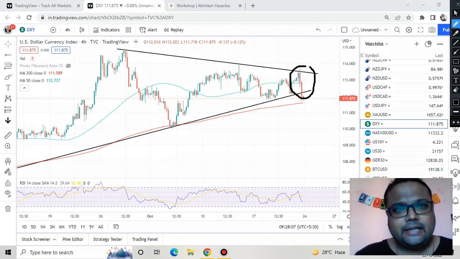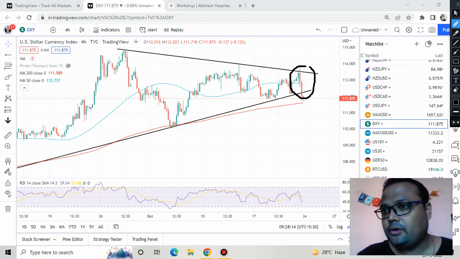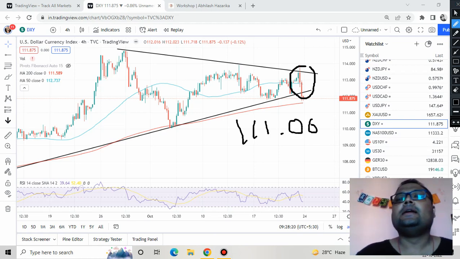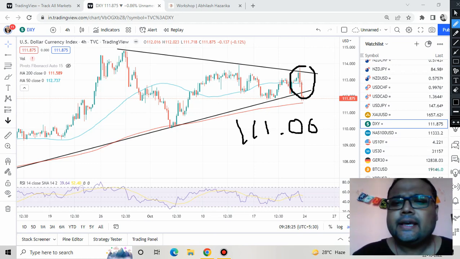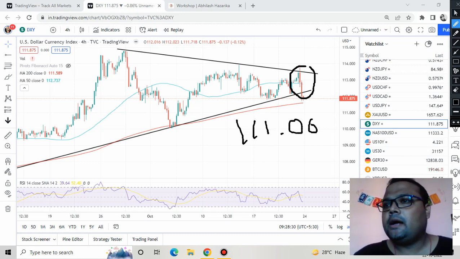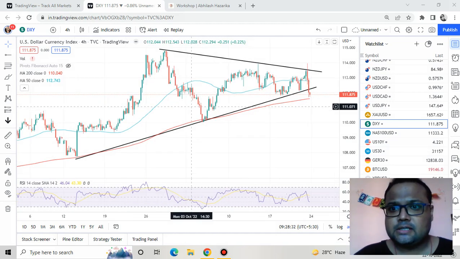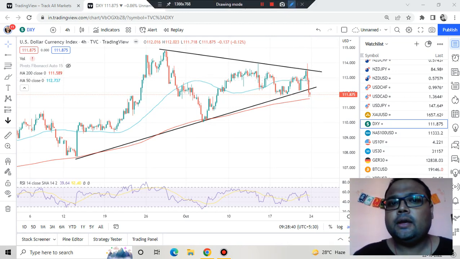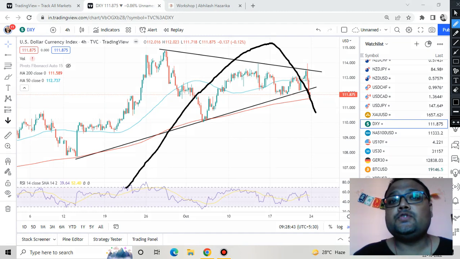But still DXY has not shown any trend reversal signs yet. This is just a part of the correction. If DXY breaks 111 level, then we can think that there may be some trend reversal on the chart of DXY. But as long as DXY is maintaining its position above the 200 moving average, the red line, it will be just a correction for us. There was a huge fall yesterday, no doubt, but it is just a part of the correction. For a trend reversal, we need an inverted V pattern, which we don't have yet.